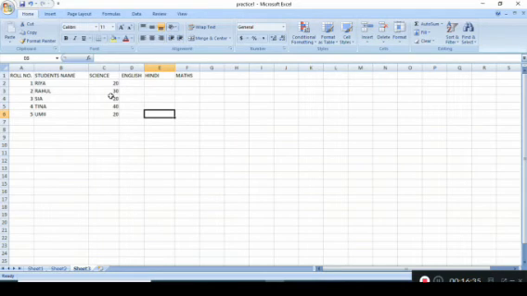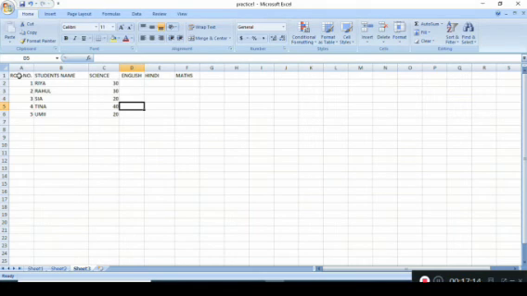So what can I do? Simply go to that cell, click over it, and you will find the backspace button. When you click the backspace button, automatically the data written in this cell will erase. And after erasing the data, you can write down another fresh data in that particular cell. So this way we can enter, we can edit, or we can delete the data in any cell. Alright.